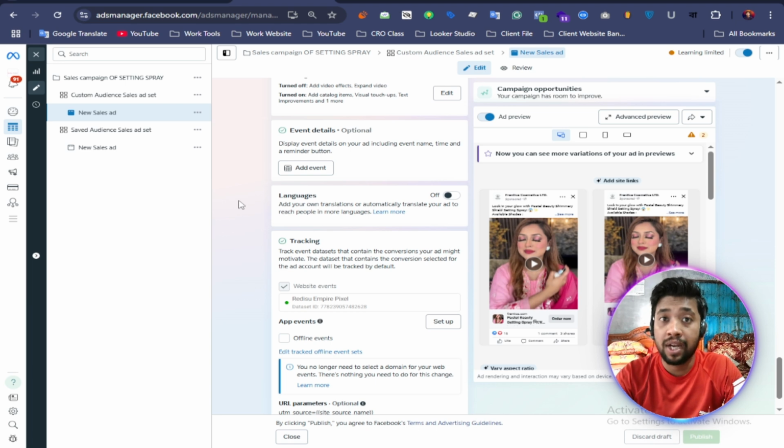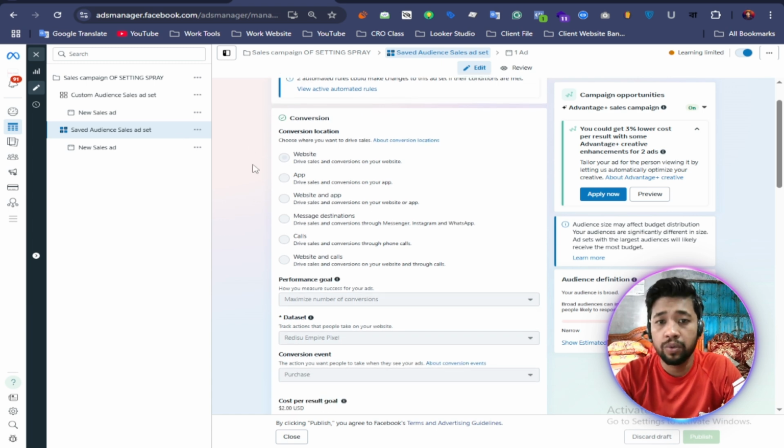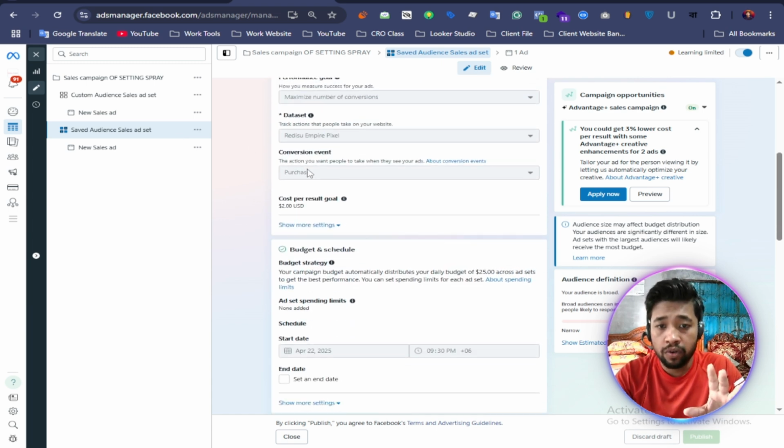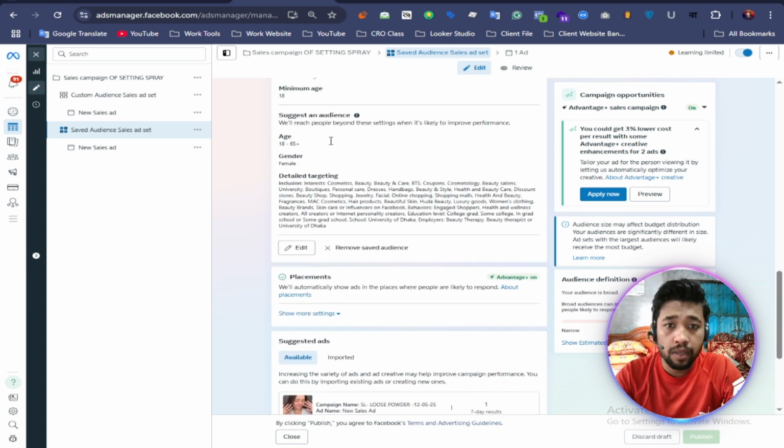That is our first ad set strategy, the custom audience. The second is the saved audience. We can click the saved audience, and overall it is the same. In the audience section, we can select many kinds of audiences: interest-based, behavior-based, and demographic-based.